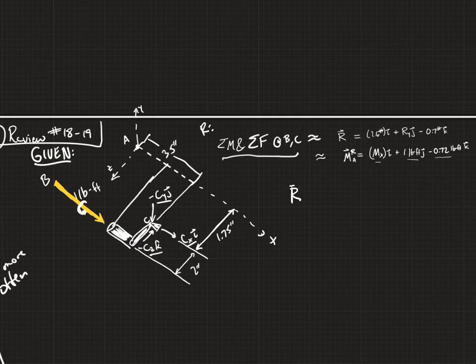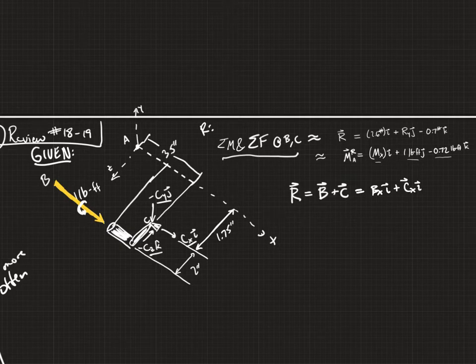Okay, so the resultant force, that's the sum of the forces, right? So what forces do we have on this? Well, we've got B. Let's see, what other forces do we have? And we've got C. Okay, we've only got 2 forces. Now C's got 3 components to it, and we know the direction of the components. But it's pretty straightforward. So this is going to be Bx I plus Cx